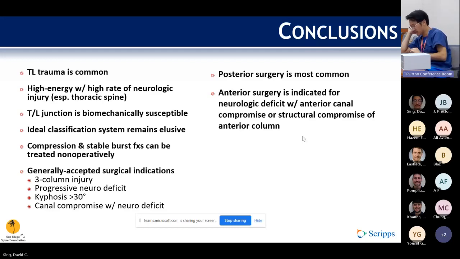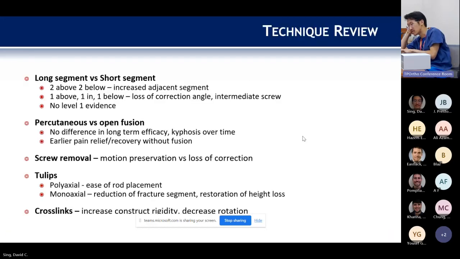Usually, people try to do a posterior decompression and stabilization, but in some cases, the anterior surgery is also necessary. I went through and just looked up some more recent papers on the topic. These are the sort of things that I saw discussed. So how long to go, your trade-offs, just like we said before, people looking at how much adjacent segment disease there is